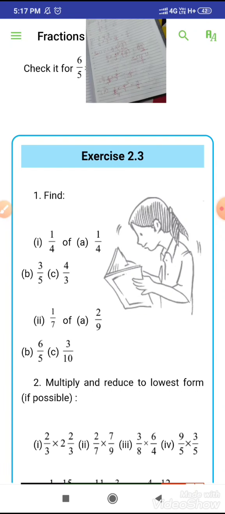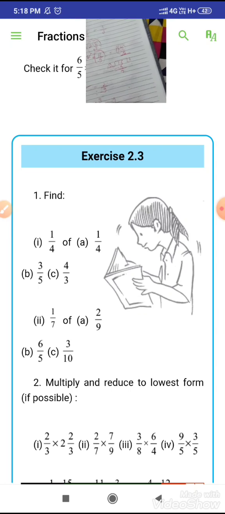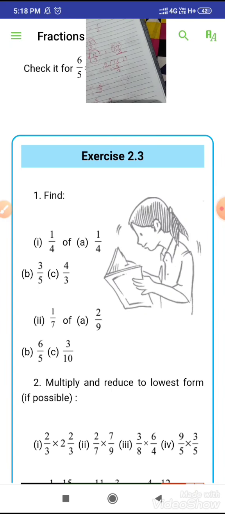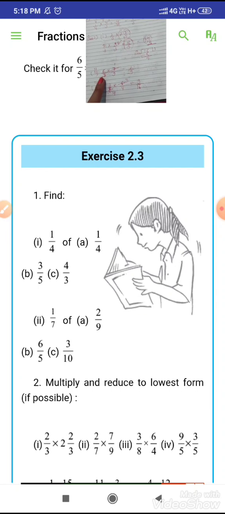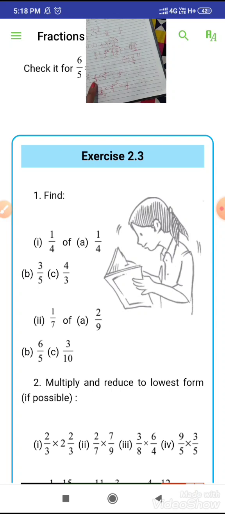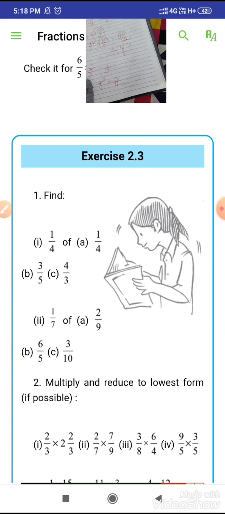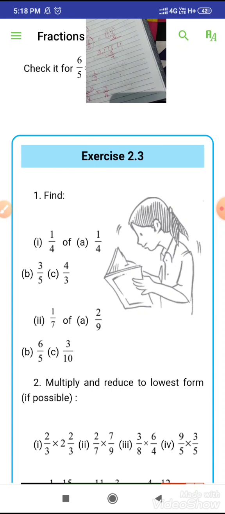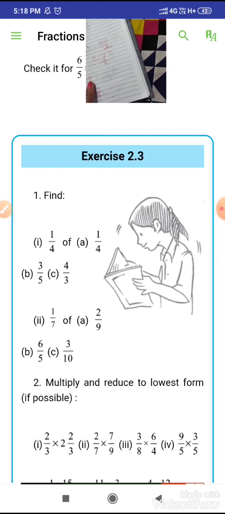So here in the second part, 7 and 7 are the numbers that appear in the table of 7. So we can cancel out these two 7 by 7. So we have 7 1s are 7 and 7 1s are 7. Now we multiply our remaining fractions by this reducing number. So 2 multiplied by 1 is 2 and 9 multiplied by 1 is 9. So our fraction becomes 2 upon 9.